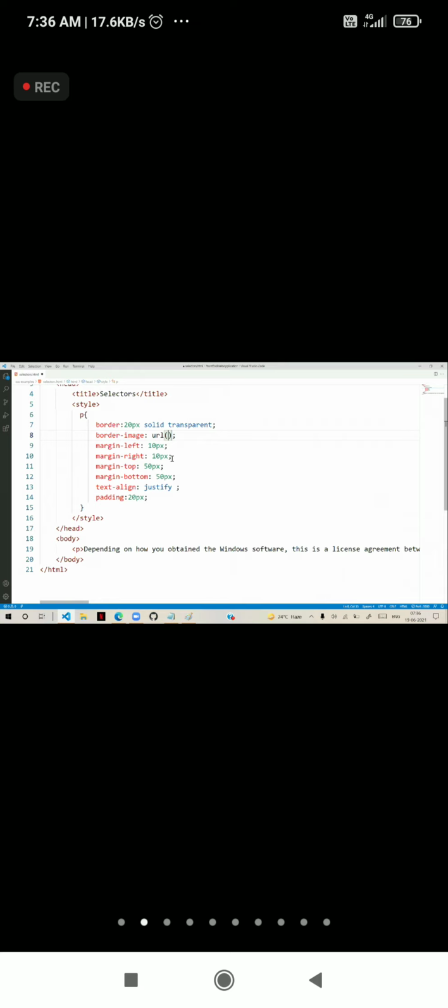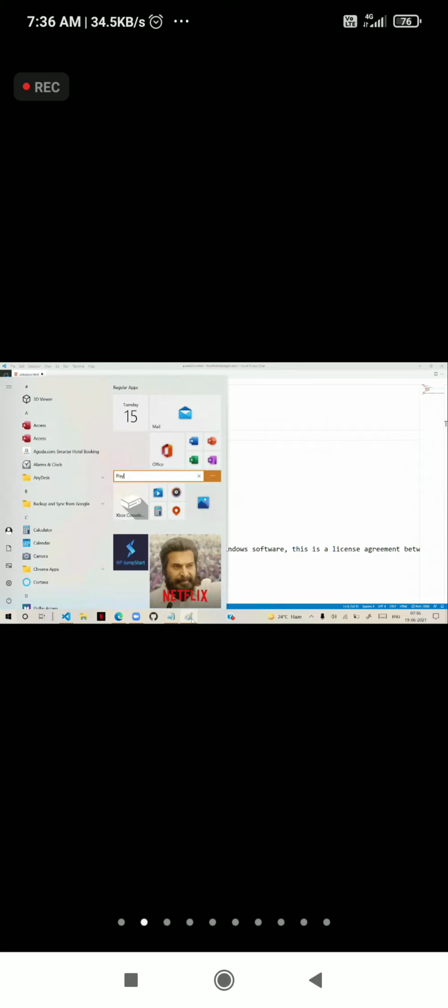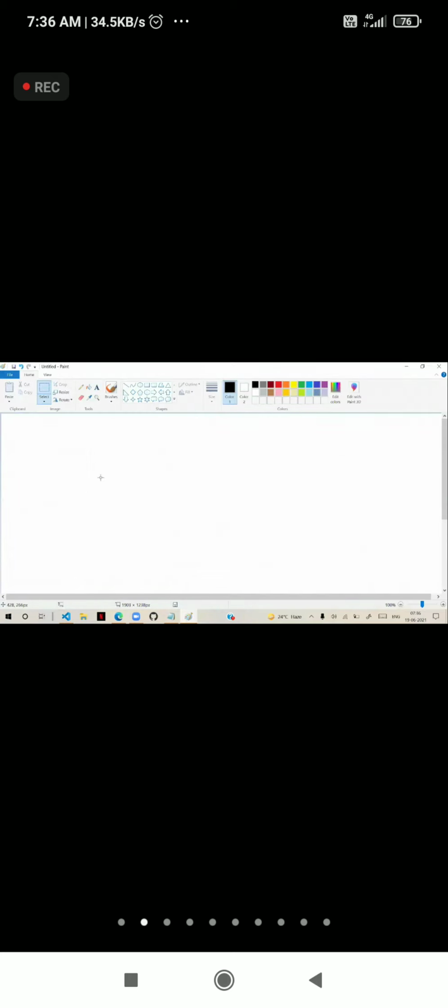Okay, let's see. Let's open MS Paint here. Let's create an image actually. I will take a small image here. Adjust the page height and width. Take a small image here. Let's keep this image. And I'm designing some image style here. Wait for 2 minutes.